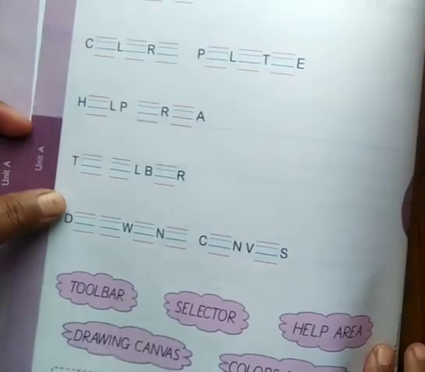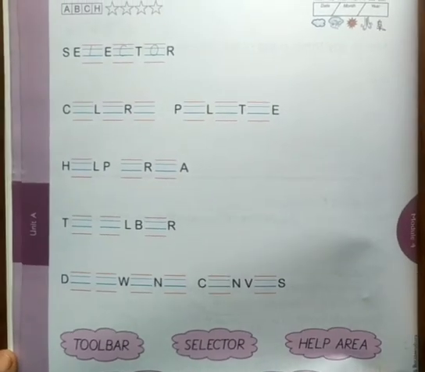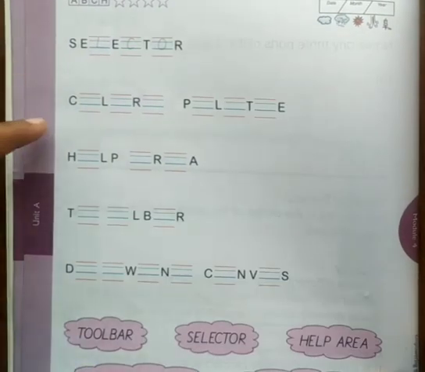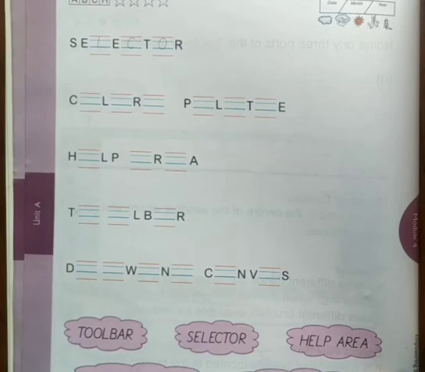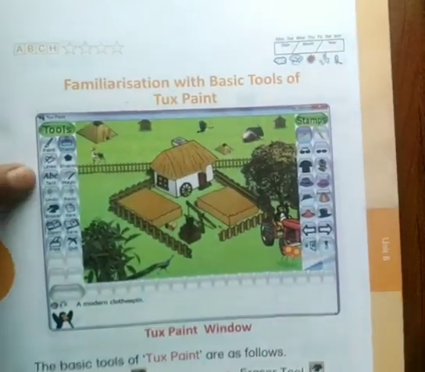Here they have given one activity, complete the words. You have to do this like homework: the spellings of the five things. You have to learn the spellings also and send them back to me. Next we will see